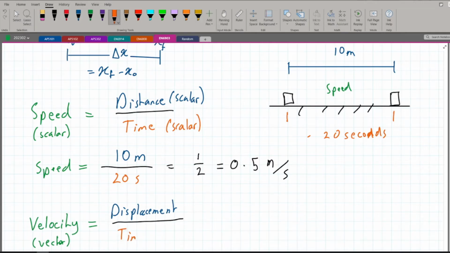The reason it is now displacement and not distance is because time, we know, is always a scalar value. But we cannot have two scalar values give you a vector. We need to have at least one vector value so that you can get a final answer as a vector. All right? So in this case, if we look at the same case again,